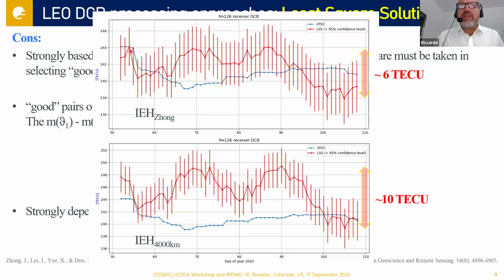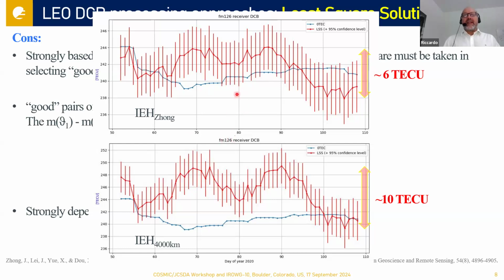Here is superimposed also the zero-tech solution. You can see this is more stable, but in any case, the least square solution is going around. This is reported also with 95% confidence level. The dynamic of the least square solution is around 6 tech units in this case, for this particular satellite, which